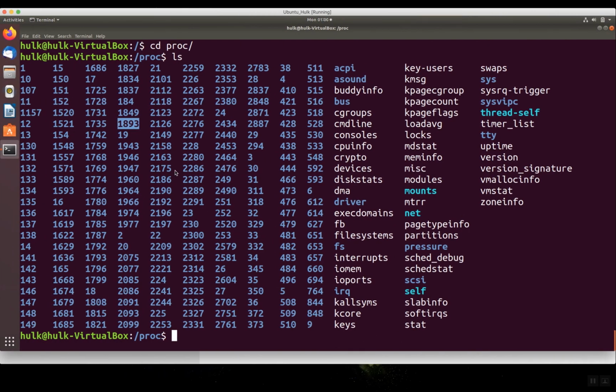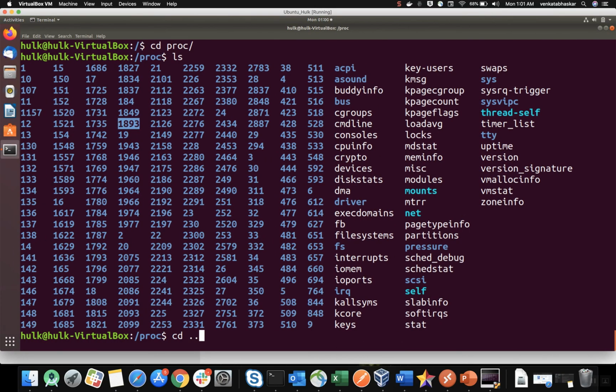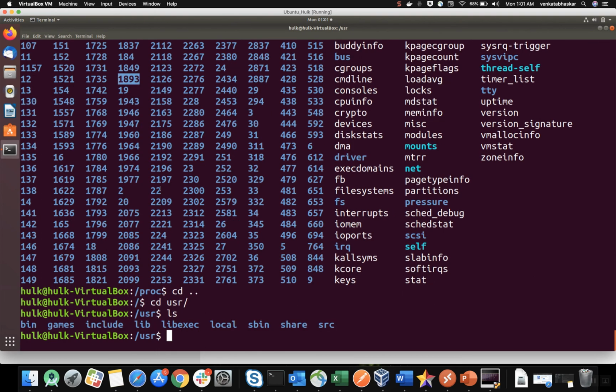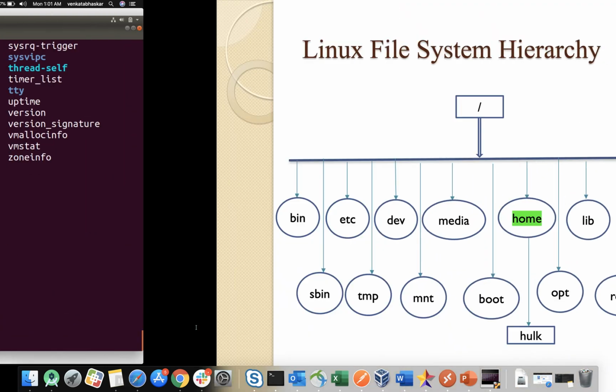And at last, one more directory we have, the usr directory. If I go for ls, if you see here, all third-party software related information will be stored inside here. Library, bin, local, all these folders will be there inside the usr directory. This is the Linux file system hierarchy. In any operating system, Linux flavors or Ubuntu, these are all predefined structures.